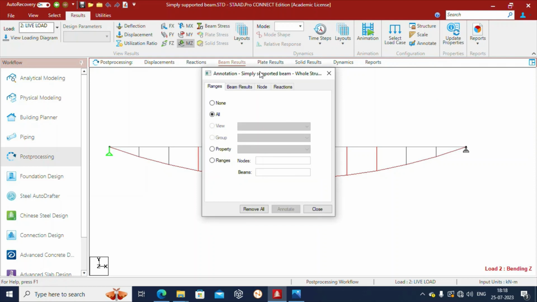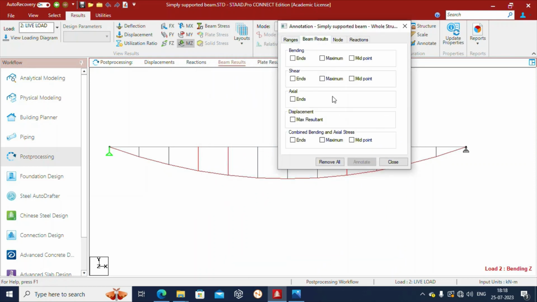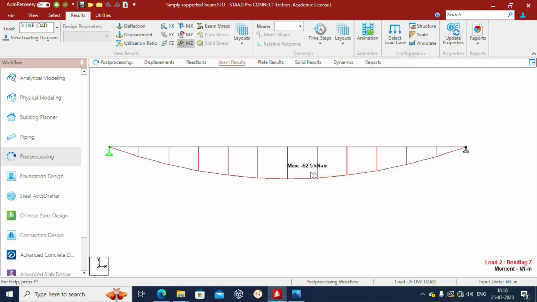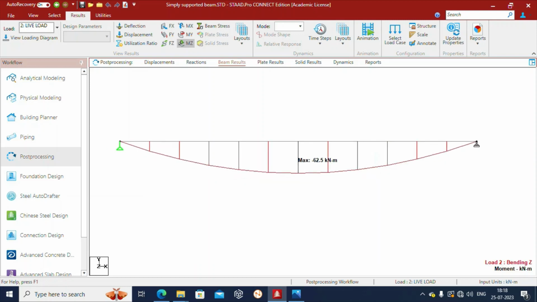this annotate option, and in the beam result we have to check this maximum value, because in this case at the ends we know that the bending moment will be 0, so we are not clicking on this. But in the case of a fixed beam, if end moments are generated, then we can check this option. Let us annotate this, close. So here you can see the maximum moment of 62.5 kilonewton meter is getting generated here, and